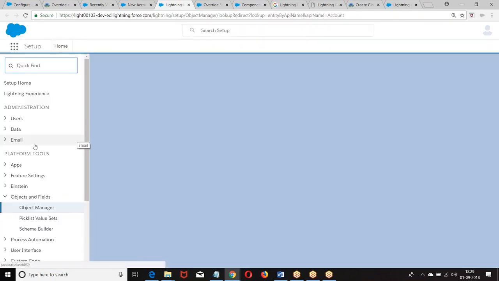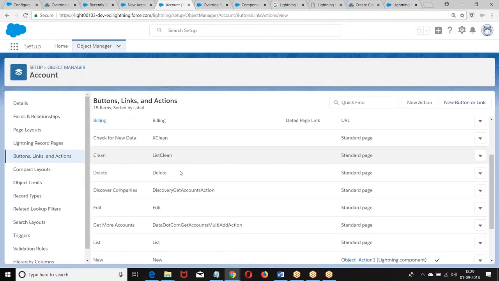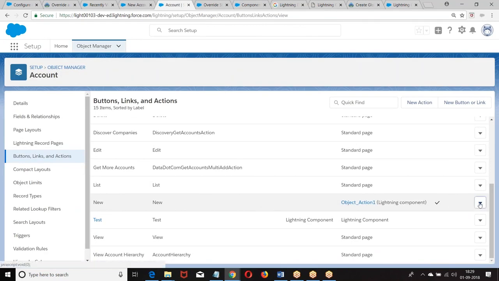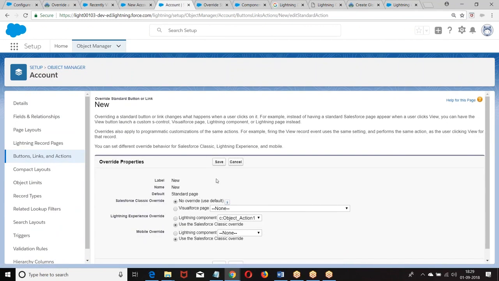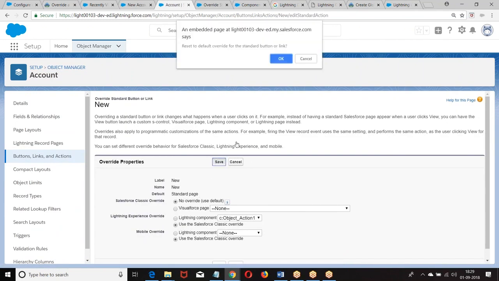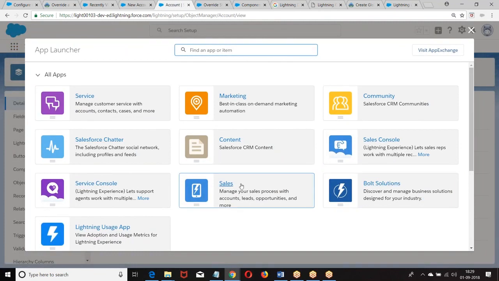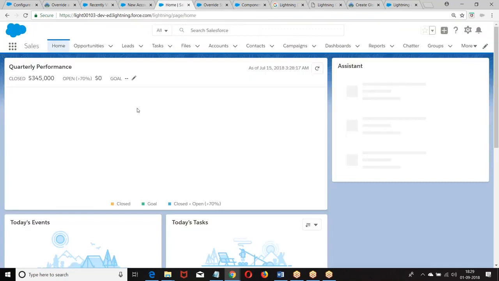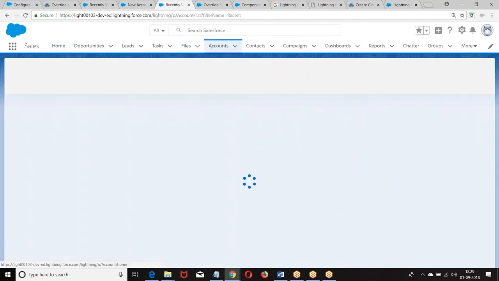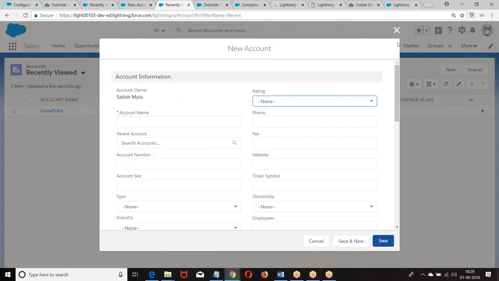Go back to this. Replace it again. This is the standard page layout we have here.